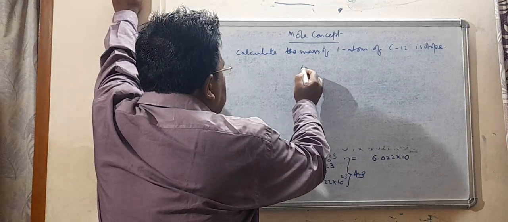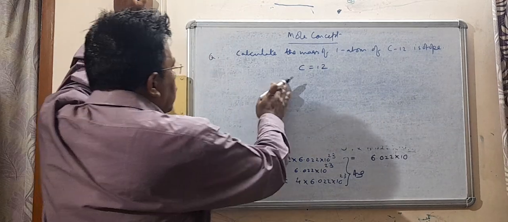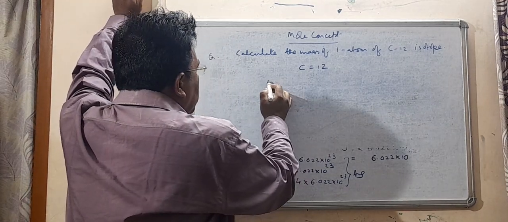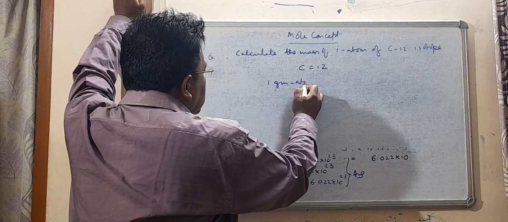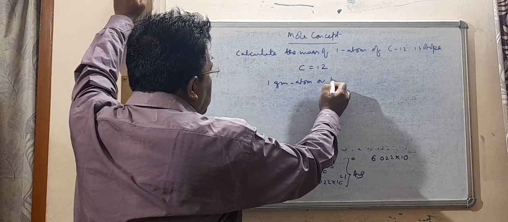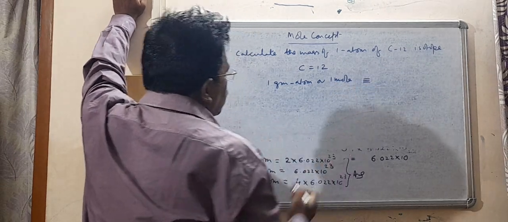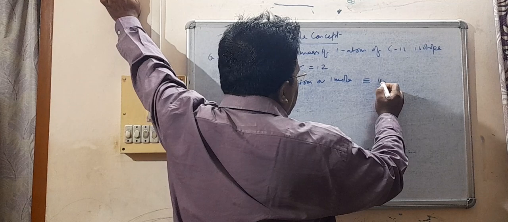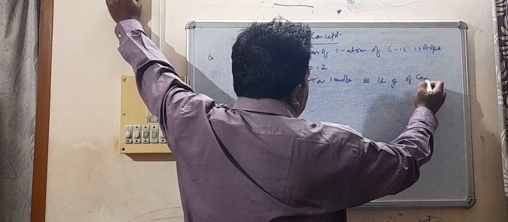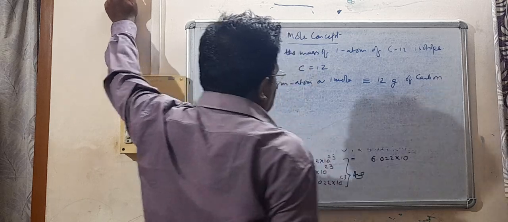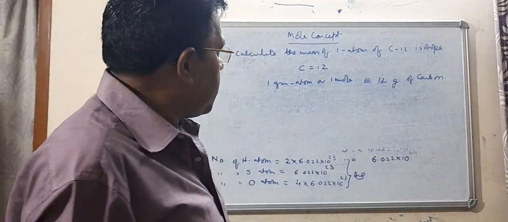Since the atomic mass of carbon is 12, we can say that 1 gram atom or 1 mole is equivalent to 12 gram of carbon. So this very important thing we are able to write from mole concept,